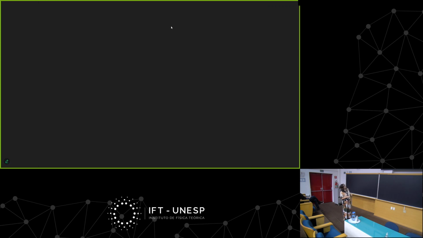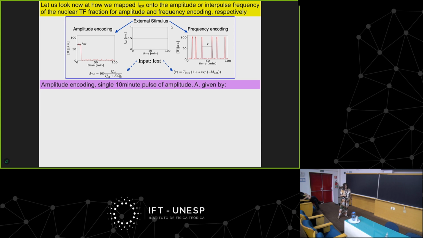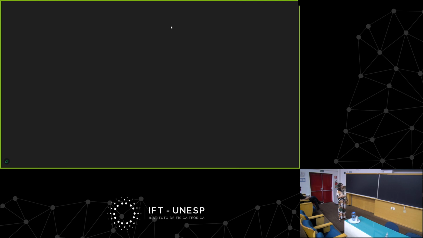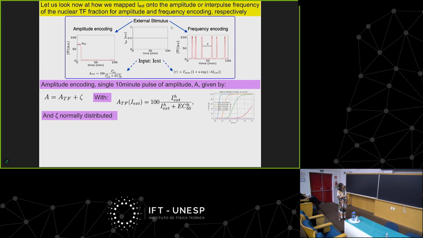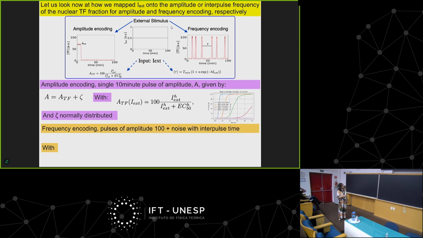Anyway, so we have how we mapped from a... so let me go a little bit to the difference between amplitude and frequency encoding. For amplitude encoding, we assumed it was a mean that was a Hill function, I told you, plus noise. And in frequency encoding, it was a weirder dependence with pulses that are stochastic, and the mean, they had a